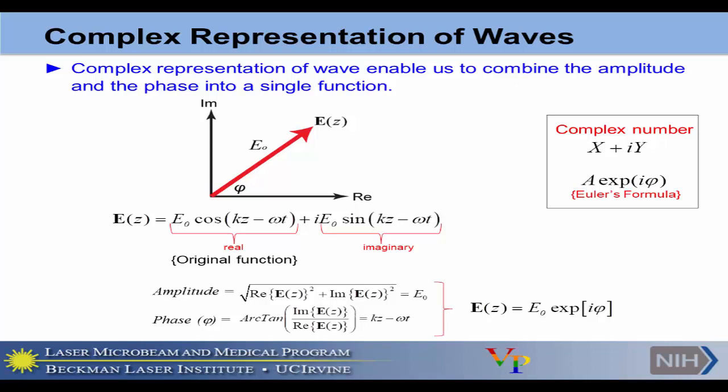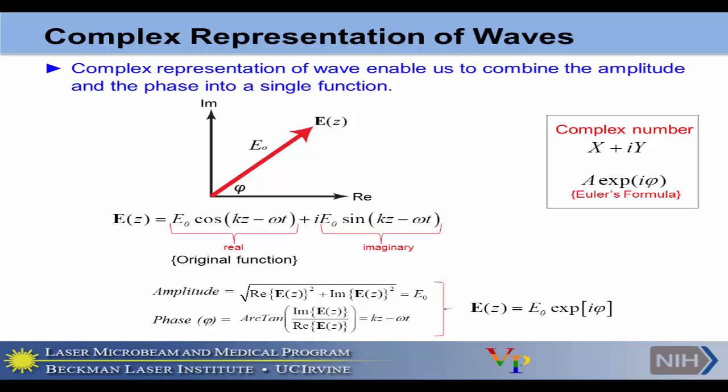Okay, so this is the plane wave equation, E naught cos omega t. If we use only this plane wave equation and substitute values, let's say E naught equals 1, and cos of kz minus omega t is 0.5, we end up with a value of 0.5 or some certain value. It doesn't give the amplitude and phase information. So to retain the amplitude and phase information, what we do is